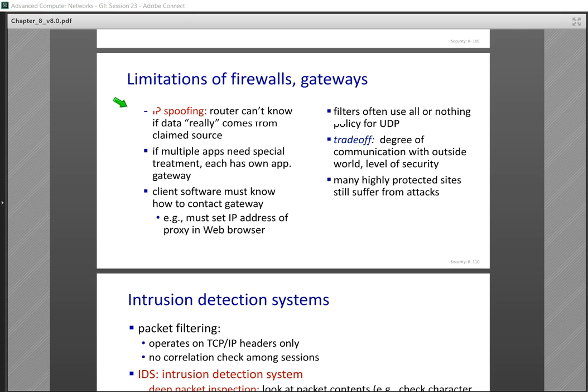You know, the firewall itself has lots of limitations. And we need this item, we need firewall, but we cannot